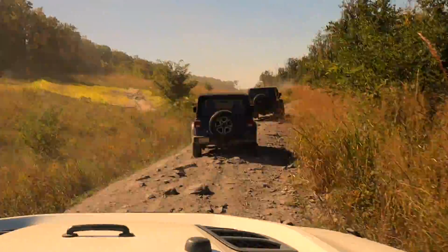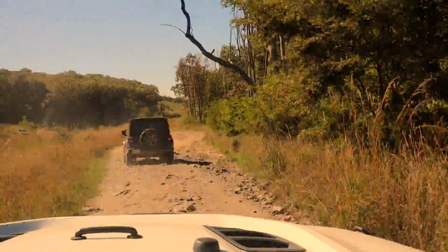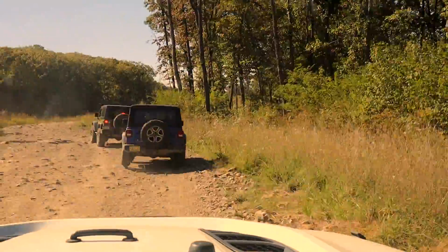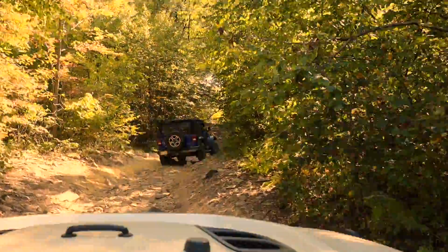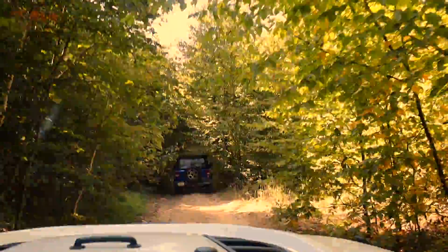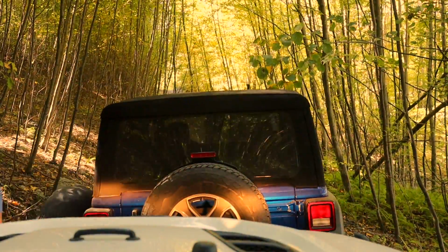They call them CJs. Those are side by sides that we passed. I mentioned the difference, there's another one. Like I said, it looks like a little baby Jeep, where you sit side by side versus in front of each other, so to speak. Anyway, you'll notice that there's a little bit more hill climbs and stuff on this side, on the